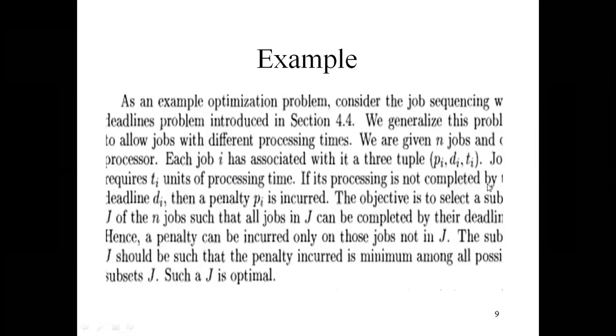If its processing is not completed by some deadline di, we have pi, di, and ti, where di is the deadline, and ti is the processing time for a single processor, and pi is the penalty of that particular ith